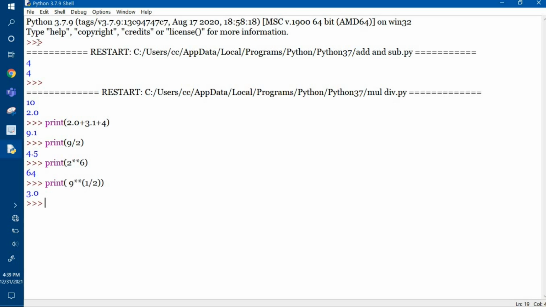It is 3.0. Now note here why it came as a floating point number. I hope that you can figure out. Here I have used the division operator, 1 divided by 2. So obviously it will provide me a floating point number, right? Because division converts these two non-floating point numbers, the output is always in floating point. And floating point, if operated with any other number, always provides output in floating point digits.